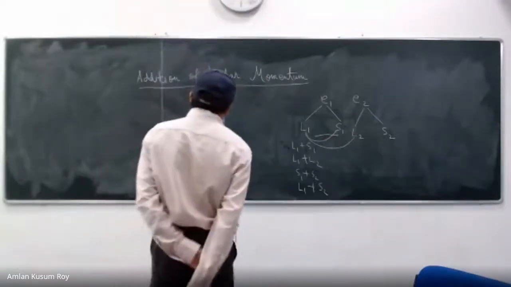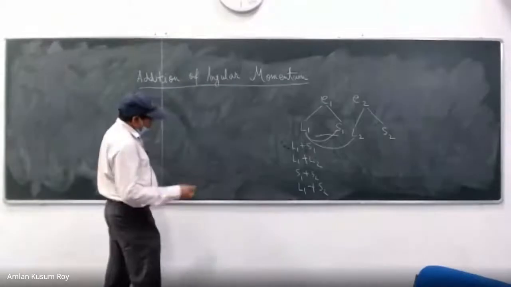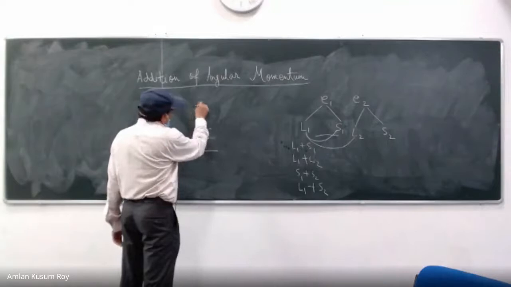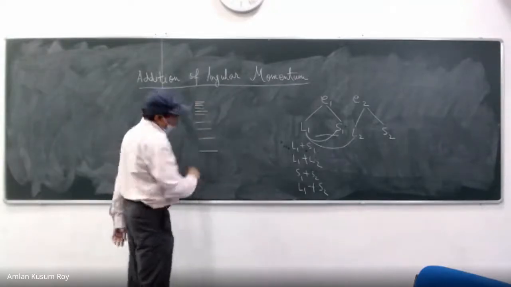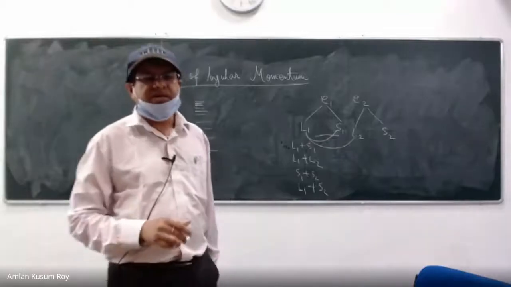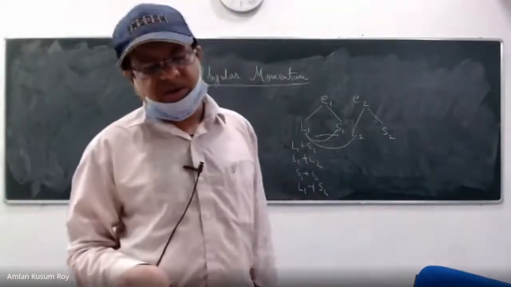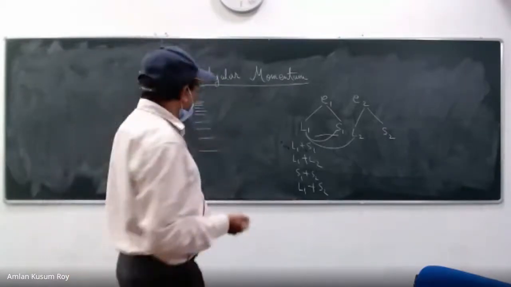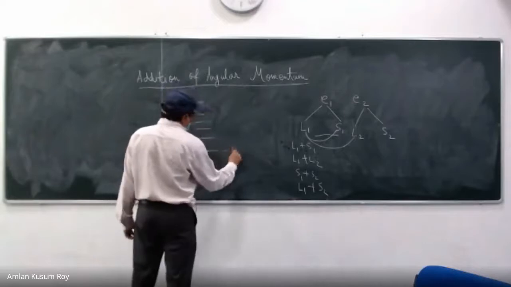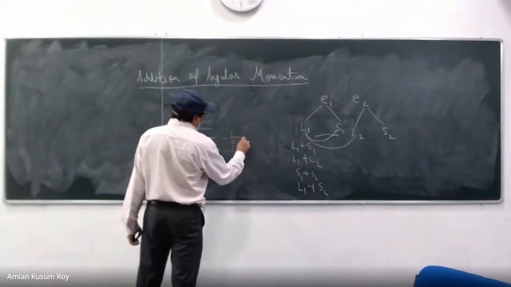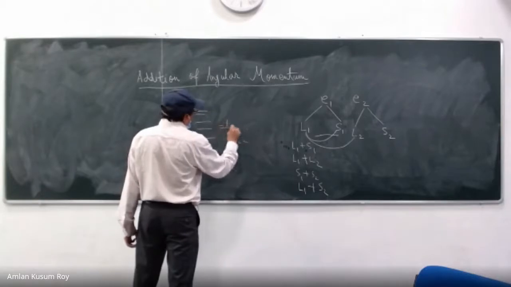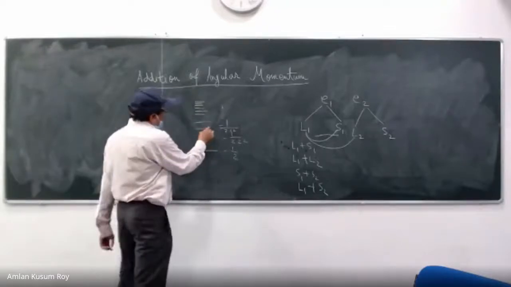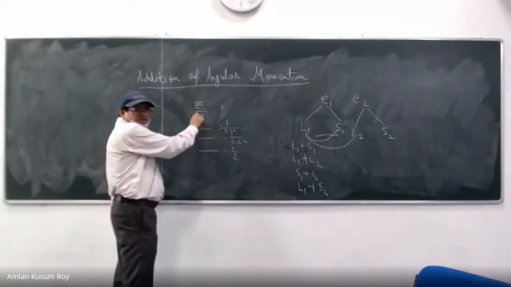Remember the hydrogen atom spectrum. These are your bound states. If you take the value of n, you get the energy according to the expression minus 1 over 2n squared in atomic units. You can start with the ground state, minus half, then minus 1 over 2 into 2 squared, minus 1 over 2 into 3 squared, and so on. Of course you have 2s, 2p, 3s, 3p, 3d, all of the same energy.